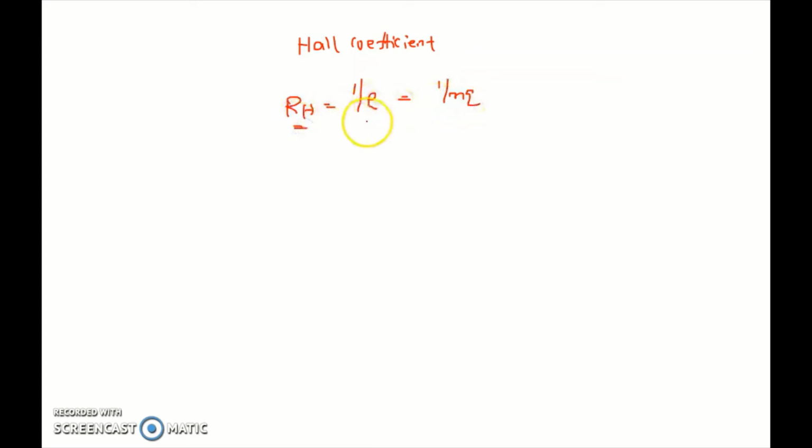From the previous slide, the Hall potential is Bi divided by rho W, and it can be written as 1 by rho into Bi divided by W, where 1 by rho is the reciprocal of the charge density,